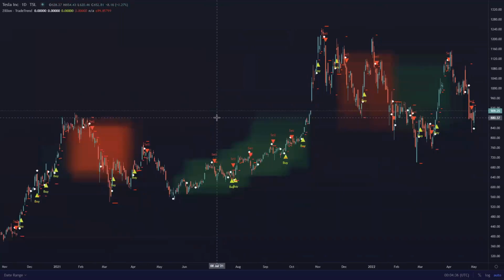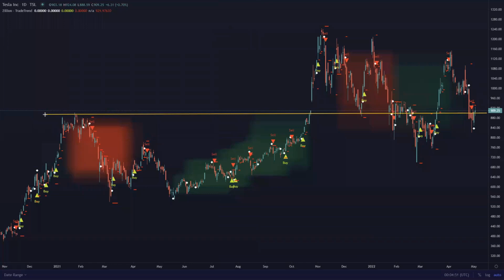I mean, there was some from back in early 2021. It's right around 900. As I look at this from a broader perspective, zooming out on the chart, I see that 900 level. So as long as Tesla stays above 900, this buy signal has some potential, but I would be aggressive with the stop if I were to take a trade off this signal to the long side, with the stop not far below